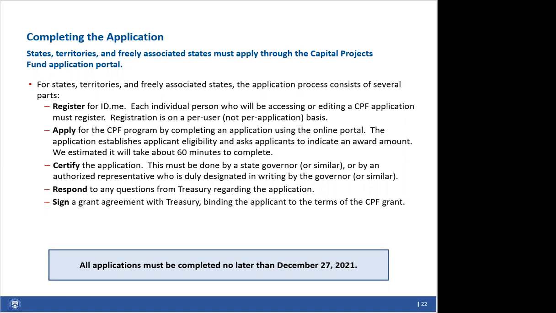And if you haven't had an opportunity to access the portal, I want to take this time to walk you through what the application itself looks like, so it's clear how some of the steps I just outlined will be completed in the portal. Most of the application is pretty straightforward, so this will go pretty quickly. And the application is live on our website right now, so you can actually access this as soon as we're done with the webinar if you'd like.